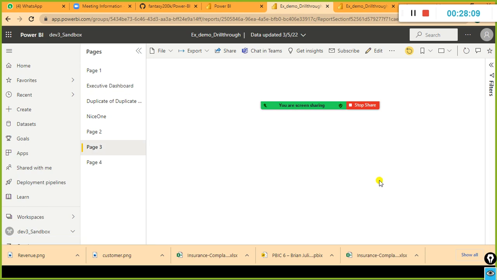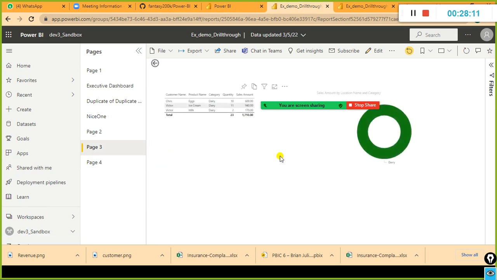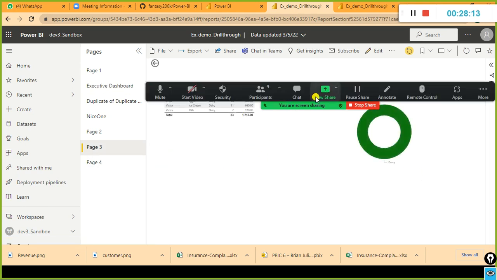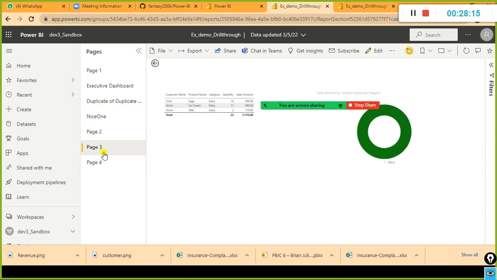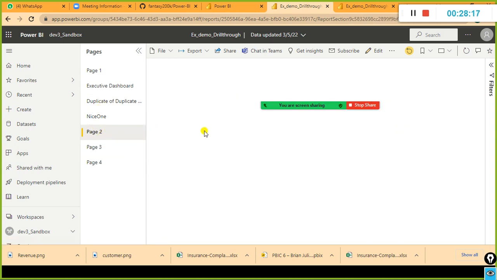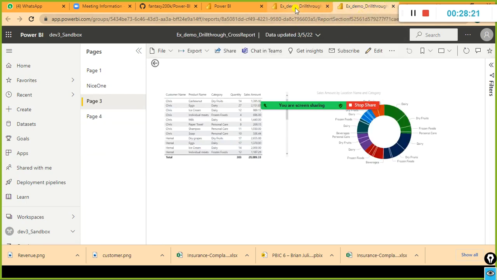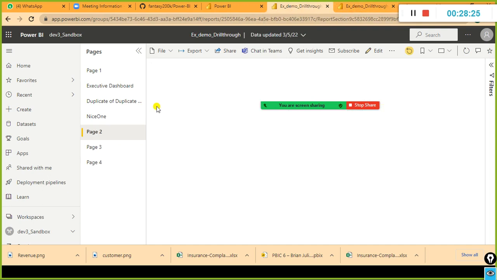Okay, in page 3, at least let us see, it shows the relevant products for this one, but it is not showing for the other. The other day also the same issue happened. It should show page 3 here, right? So it is not, it should show this file name itself. Let me just go here.